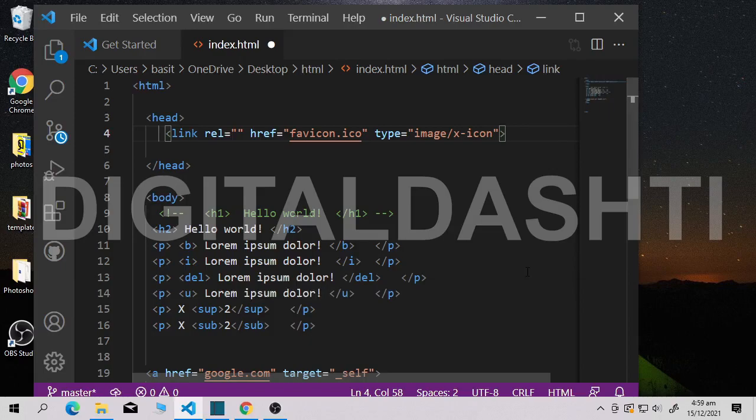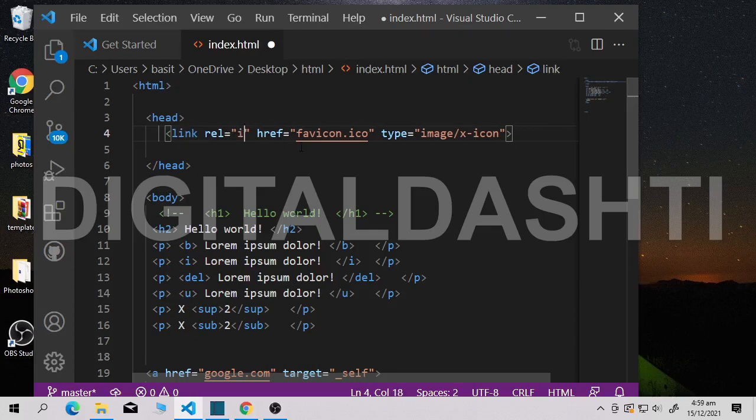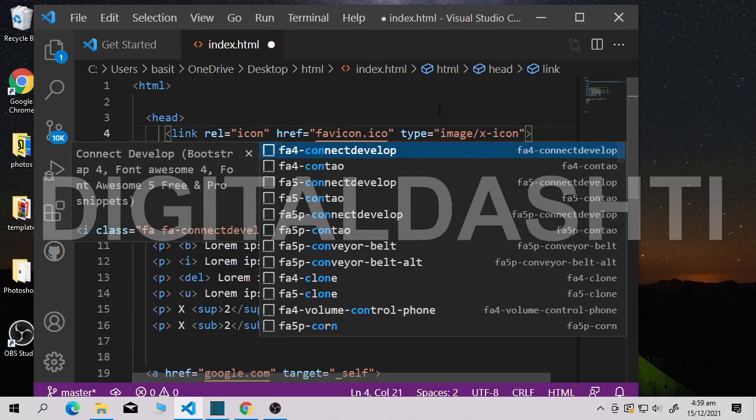Our document is our web page, and the external source is our favicon, our image. Now we are defining the relation between them. Got my point? This is our link element, and here the relation is icon. Okay, this is by default, don't change it.